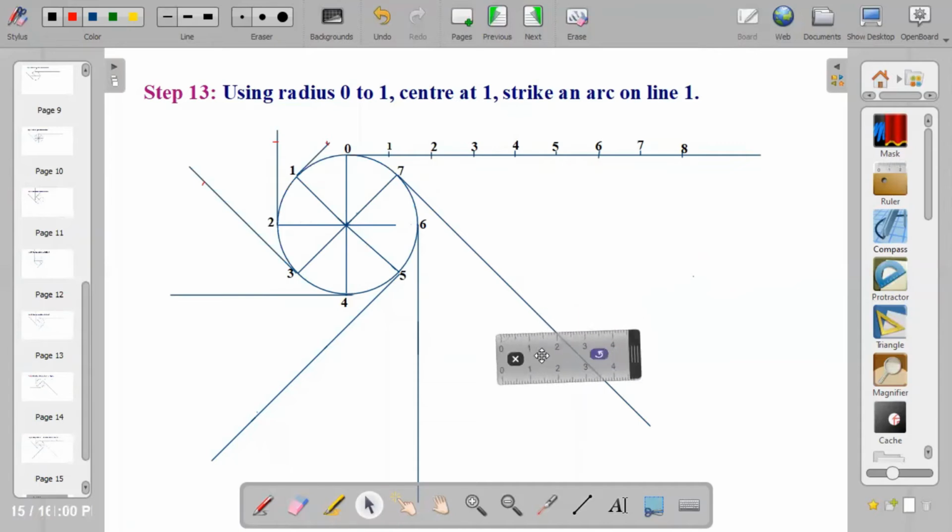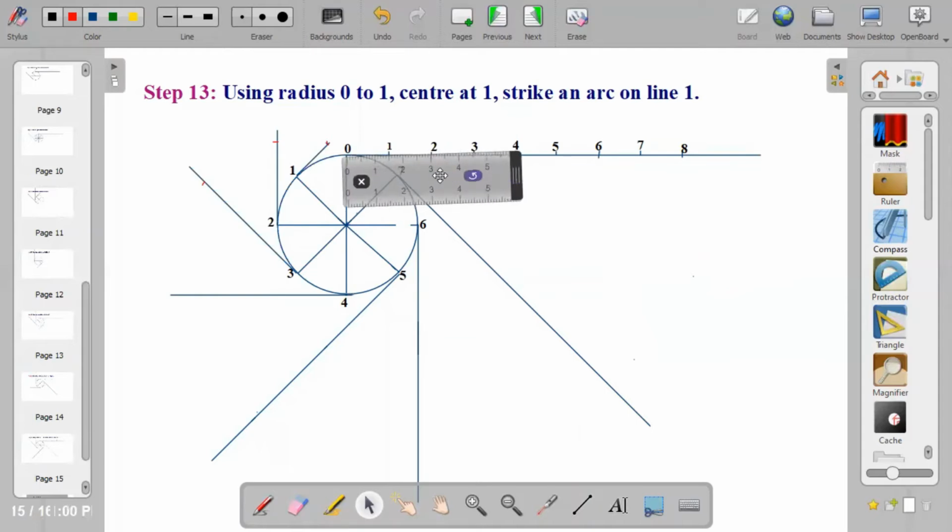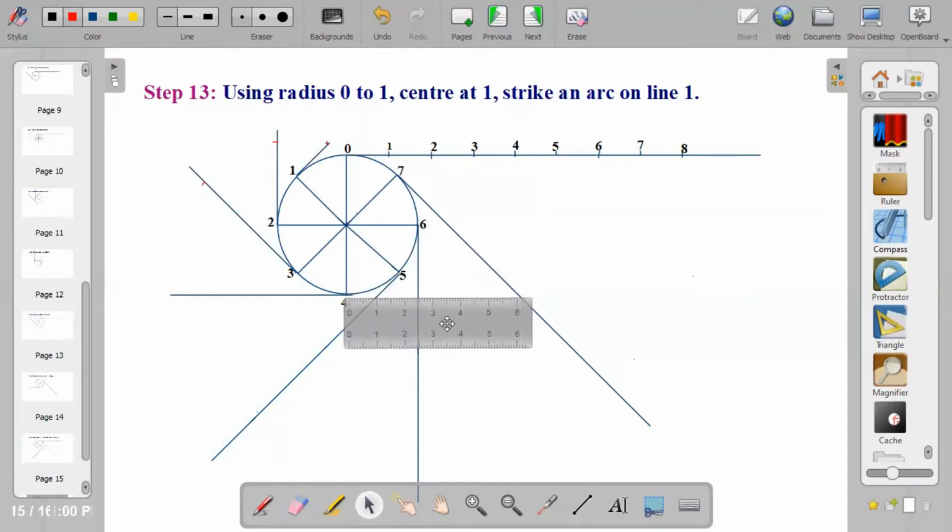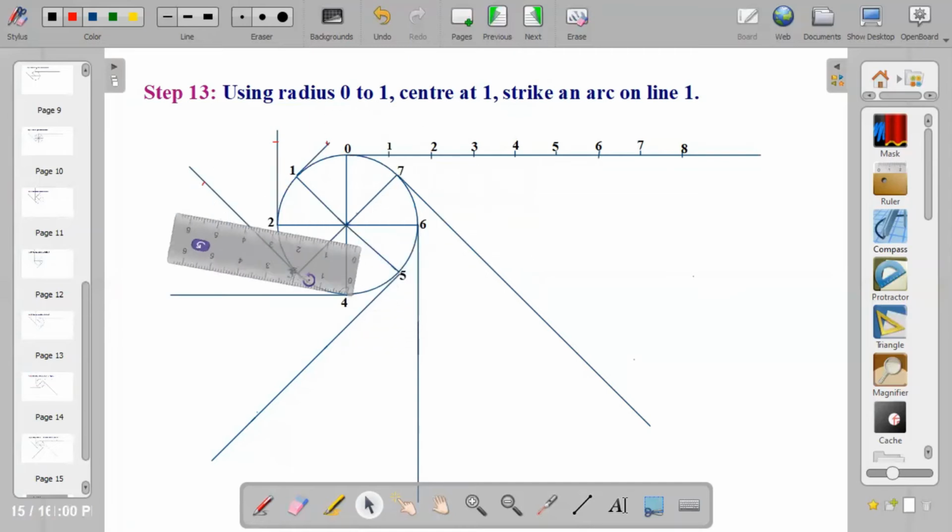Radius 0 to 4. So I'll put my ruler on 0. I'll take the radius from 0 to division 4. 0 to division 4, I have 6 centimeters. Center at division 4. Using radius 6 centimeters, I'll mark my point. The next one is